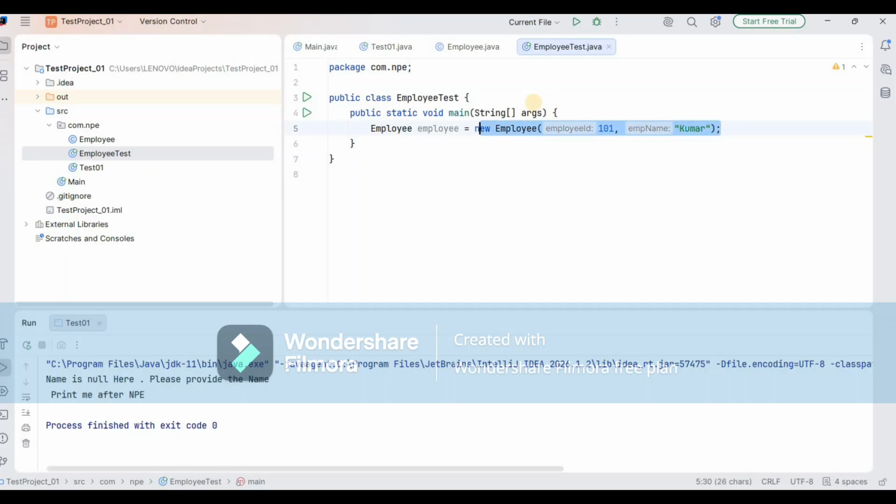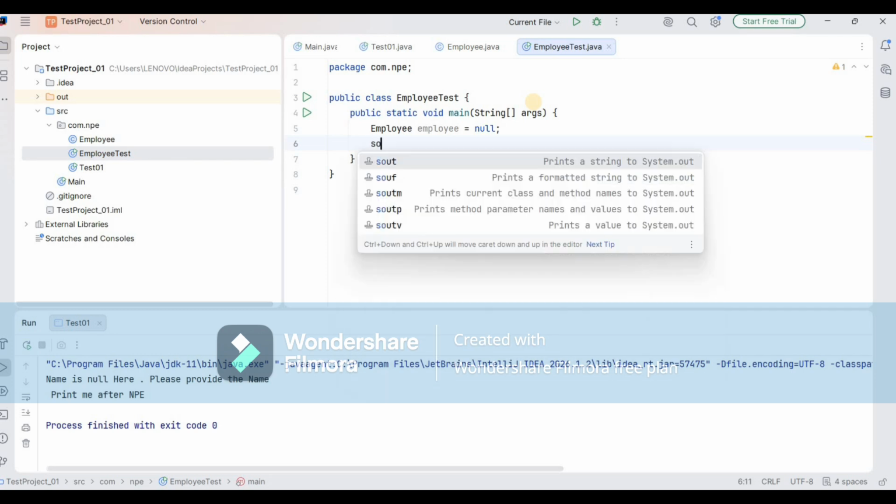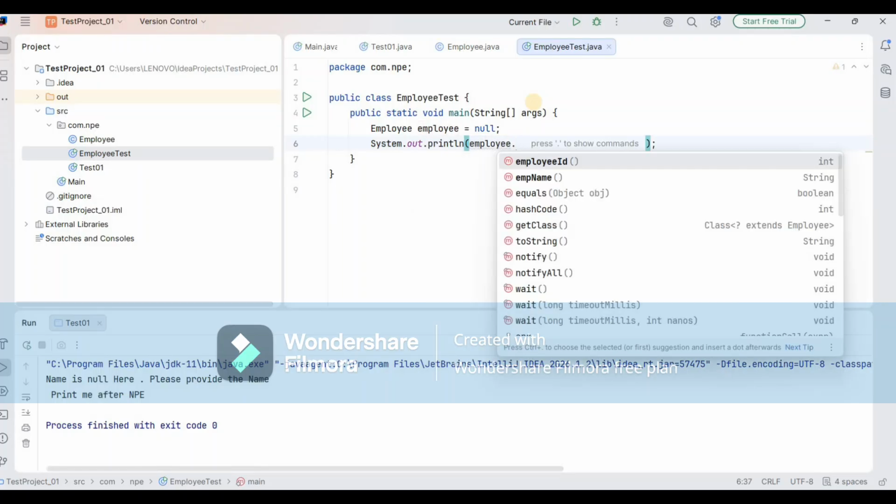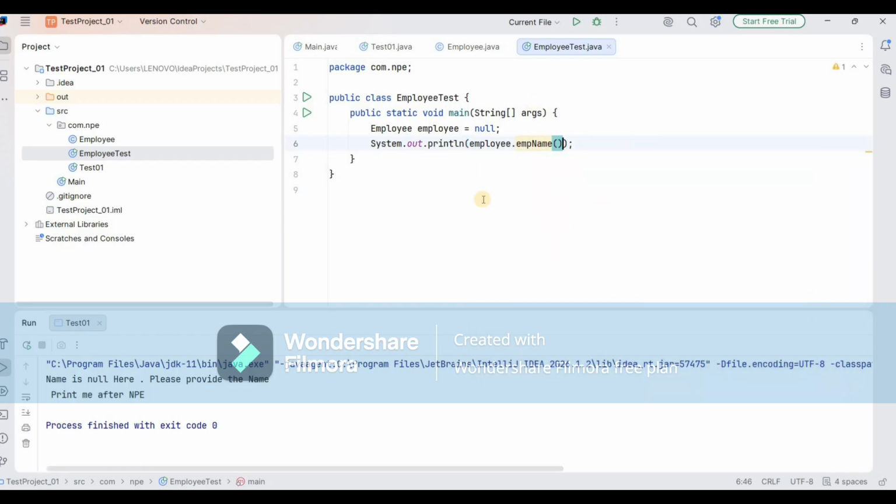Instead of this, what I can do is provide simply employee is equal to null, and then if I try to access employee dot employee name, let us see what is going to happen,